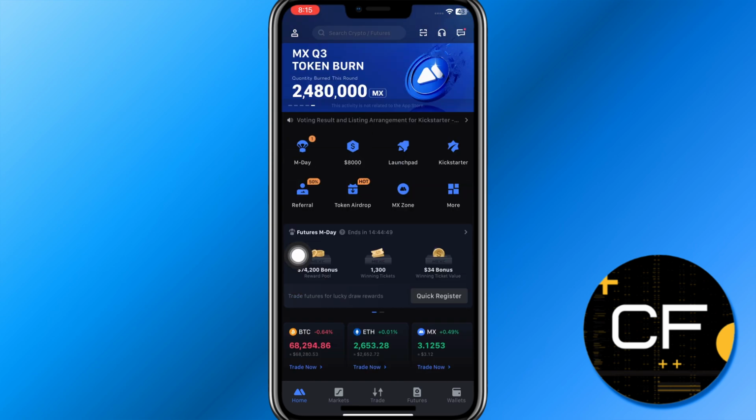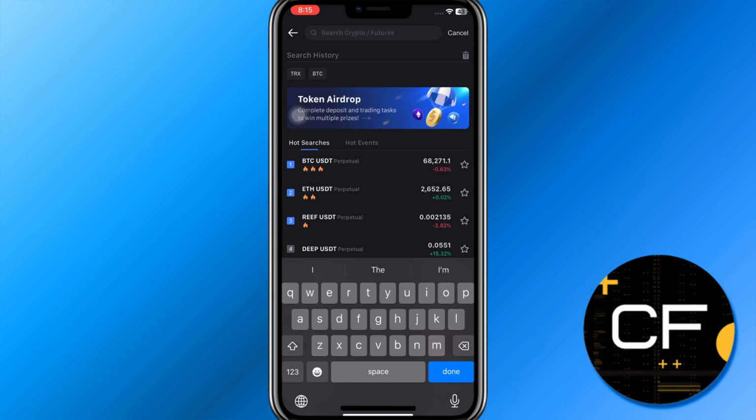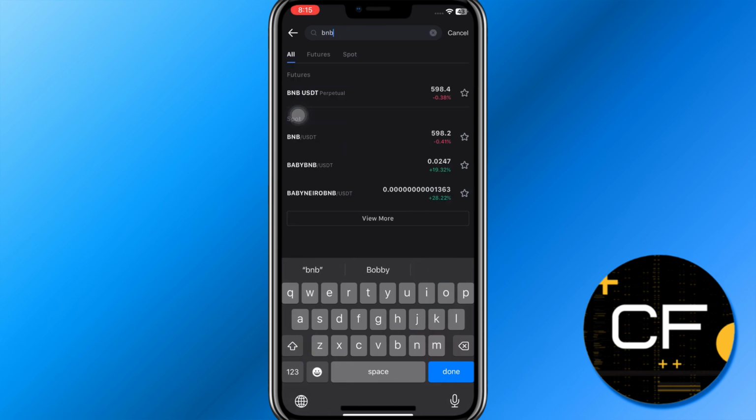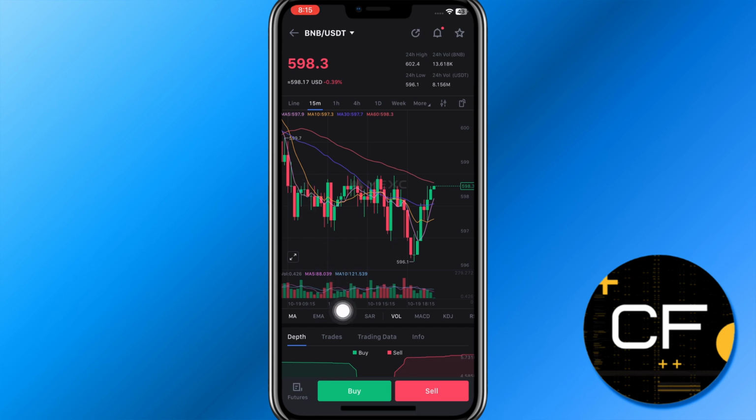In order to do this, you will have to tap on this search bar in the top, and in the search bar, you will have to search for BNB. Once done, you are able to find the BNB/USDT pair in the futures, but you will have to tap on the spot. Once you tap on BNB/USDT in the spot, then you will be redirected to its